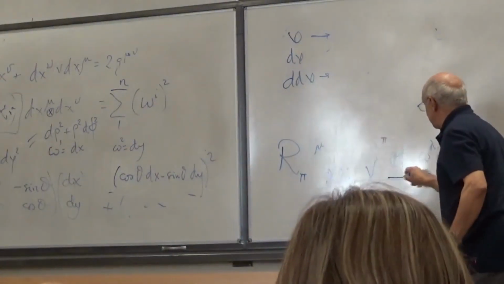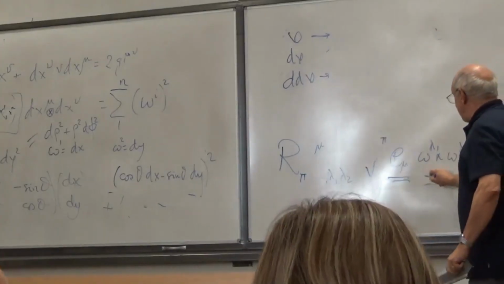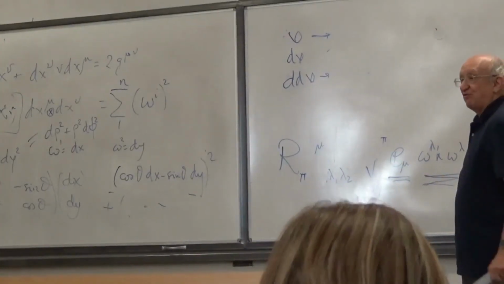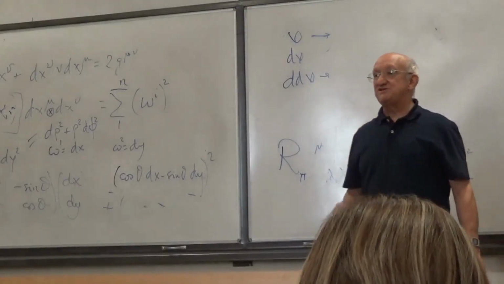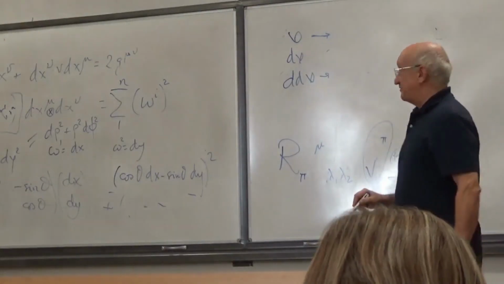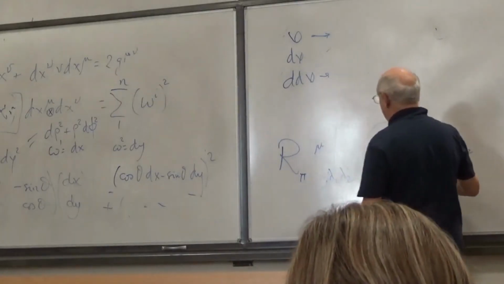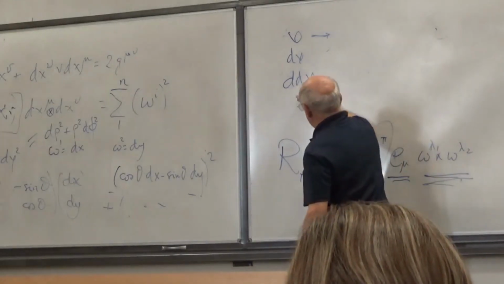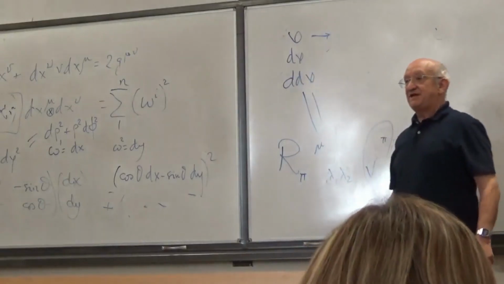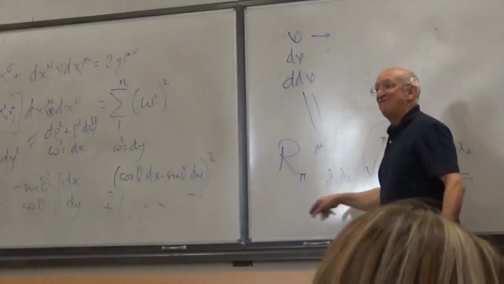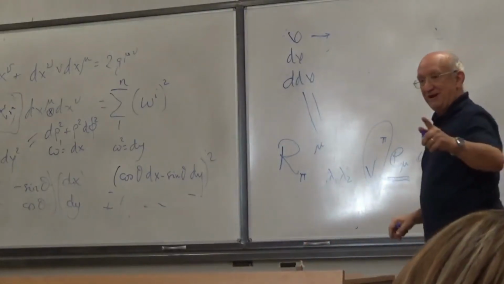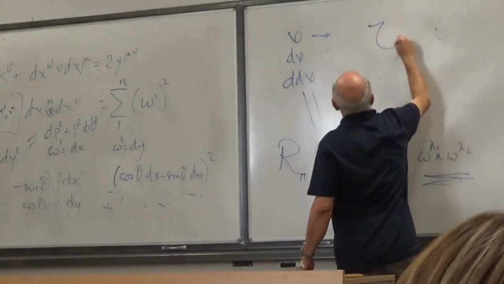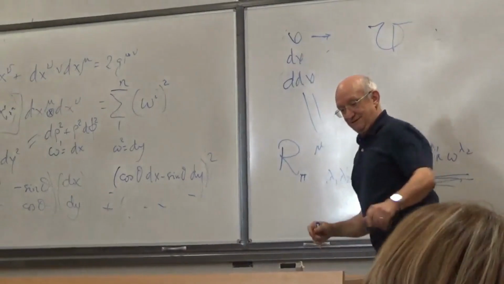But this is an element of the basis. This is an element of the basis of differential forms. But these are just numbers, so this is not yet the curvature. The curvature, I obtain when I do this operation, I obtain that. It happens that those become zero. Fine. Not in general. So I am going to define the curvature as